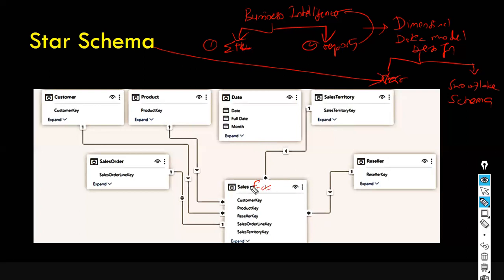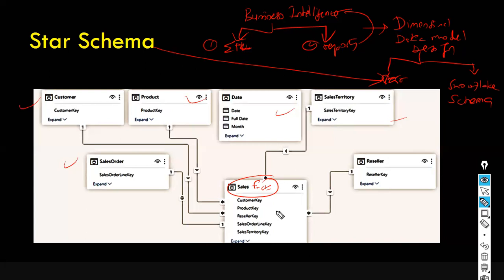This is a central table surrounded by dimension tables. Okay. So in this case, since the fact table is surrounded by multiple dimension tables, it appears as a star. It looks like a star, hence it is called a star schema. Okay. In the sales fact table, apart from this, you have some other columns like, let's